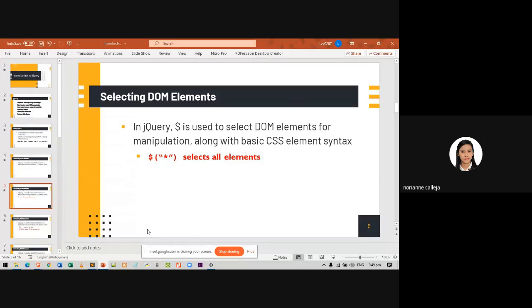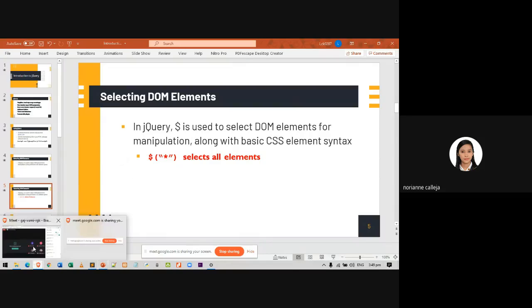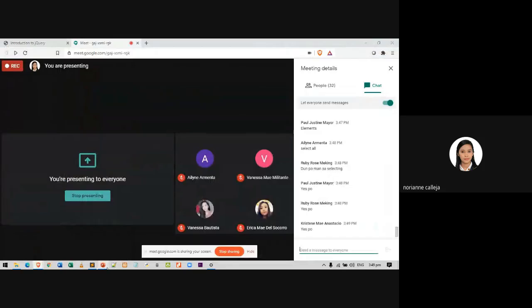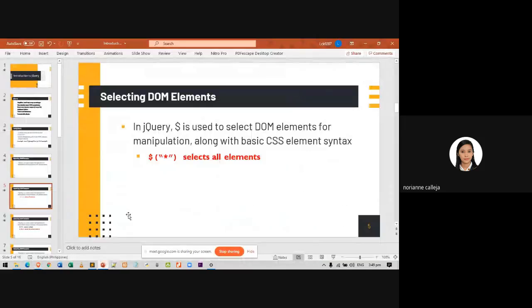So for selecting all elements at once, you can use the $ sign followed by a string star enclosed with double quotations and enclosed again with the parentheses.